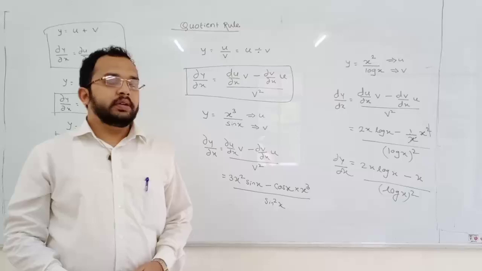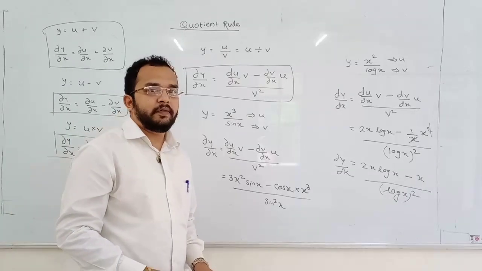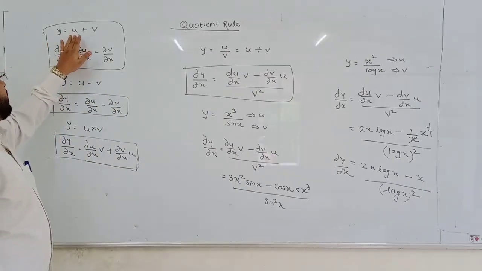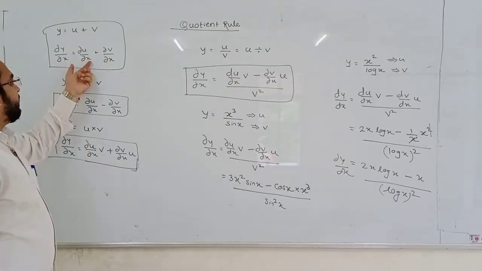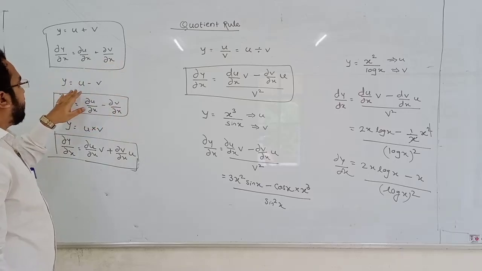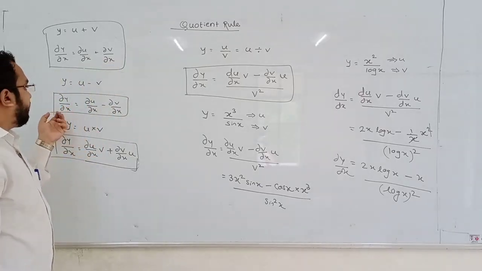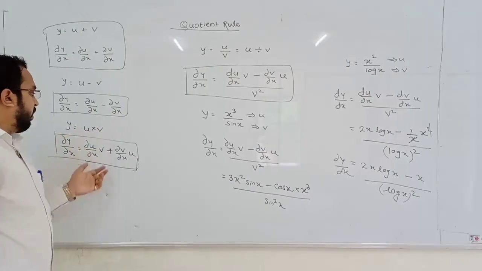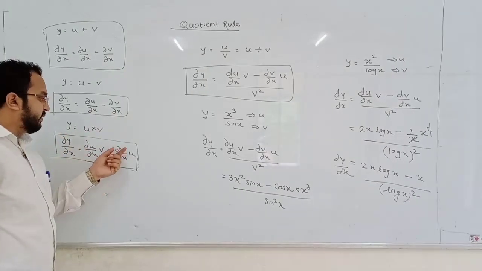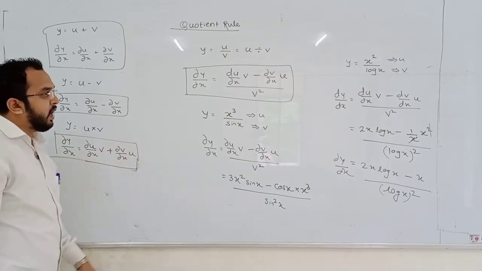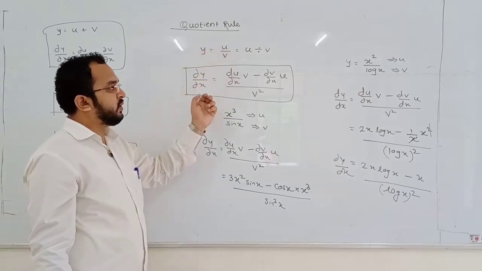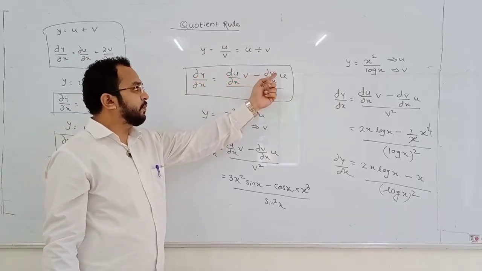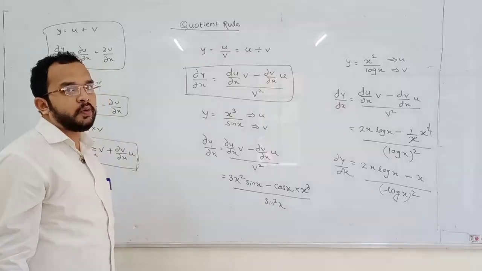Okay. Now till here we have completed algebra of differentiation. That is how to differentiate when the function is addition of two functions: differentiation of first plus differentiation of second. If it is subtraction of two functions, then differentiation of first minus differentiation of second. If it is the product, then differentiate first, second as it is, plus differentiation of second, first as it is. And when it is the division of two functions, then differentiation of first into second as it is, minus differentiation of second into first as it is, upon second the square.